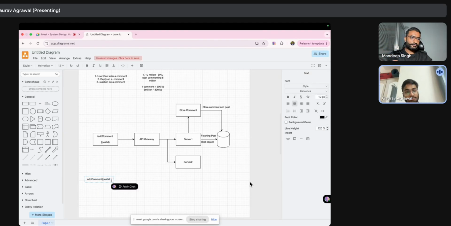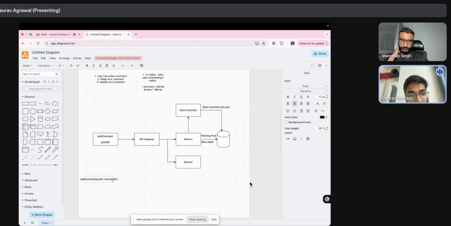Basically, there are two things we can do. We can create two separate APIs, or if we are not going to create two separate APIs, we can adjust all these three features in one. So I'll just show you both the ways. If there is a comment ID, it's about these two functionalities, when we are replying on a particular comment and when we are reacting on a particular comment. In that case, we have to pass the comment ID along with the post ID, so that these two things map to that comment ID of that post ID. So this is going to be one way.